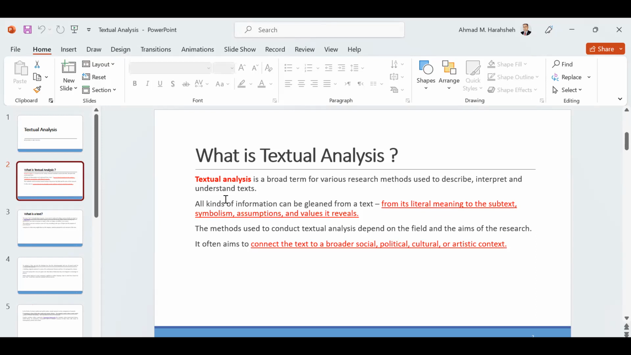The methods used to conduct textual analysis depend on the field and the aims of the research. It often aims to connect the text to appropriate social, political, cultural, artistic, etc. contexts. We talked about this, by the way, when we talked about discourse analysis. You have to understand all the political dimensions, social dimensions, cultural dimensions, religious dimensions that surround the text that you